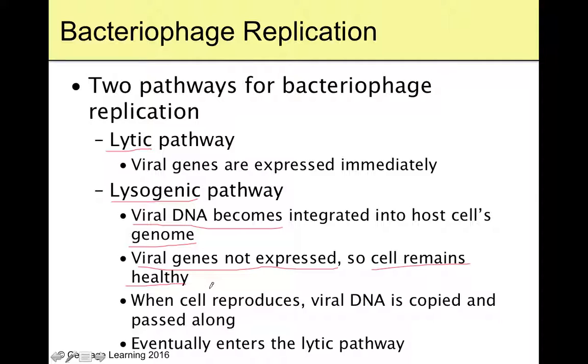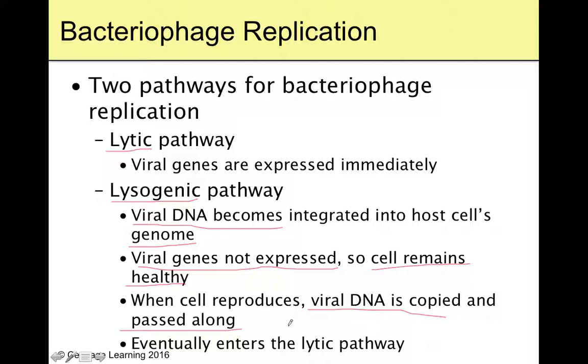And when that cell goes through mitosis and reproduces, it copies the viral genes and makes another cell with viral genes. And so that viral DNA is copied and passed along, and you still don't know you're infected. And then 2 cells have it, 4 cells have it, 8 cells have it, 16 cells have it, and this virus is spreading without getting the host's immune system on high alert. It's very, very cool, and it is very, very sneaky, and it hangs out in your body until later.